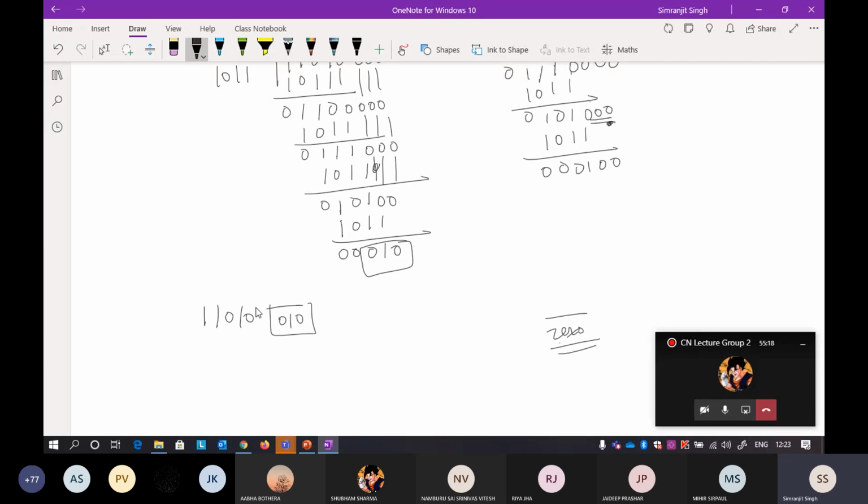Now if you want fewer bits to be sent, it is based only on the CRC generator. If you choose the CRC generator to be shorter, I can reduce the number of bits here. So if the CRC generator is 4 bits, the CRC that is sent is only 3 bits. So for a bigger calculation also you can consider this.